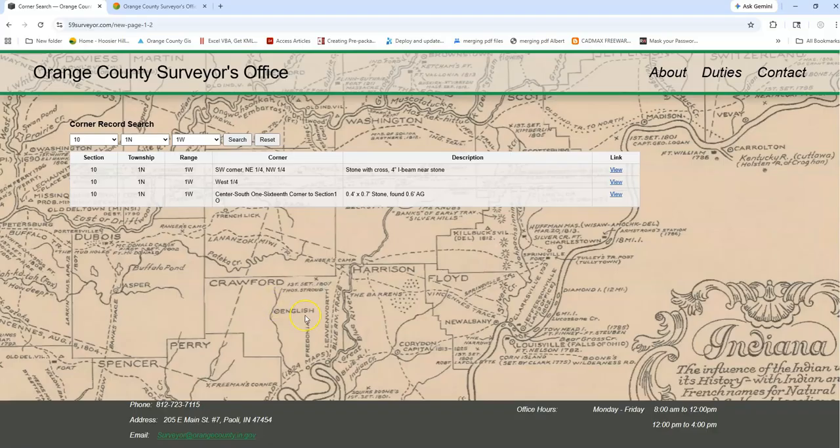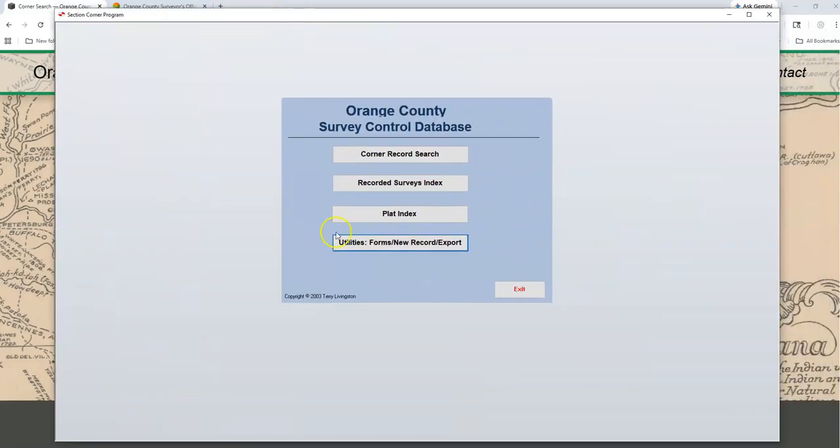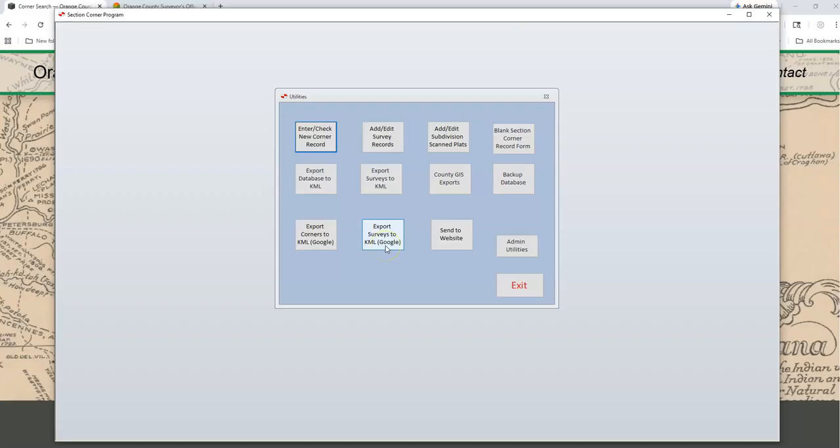You could always later on add a Lat/Long and get it mapped to a GIS site and put them on your county's GIS. And the website has the other advantage of being just updatable. Like right now, if you take care of the database, I'll show this by going over here to, I've scanned a new corner in,